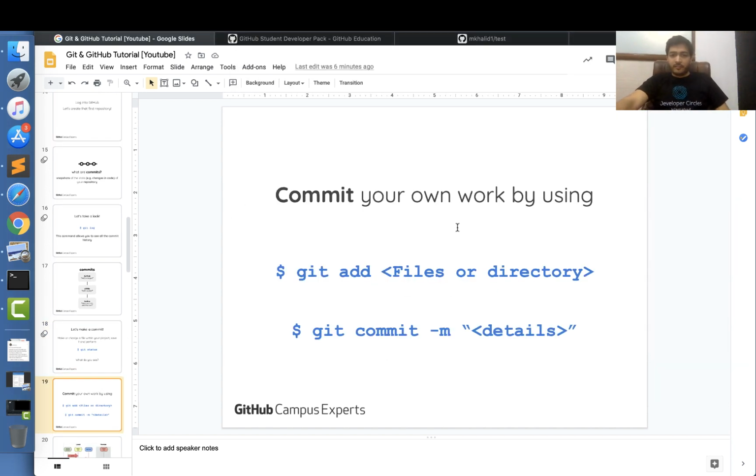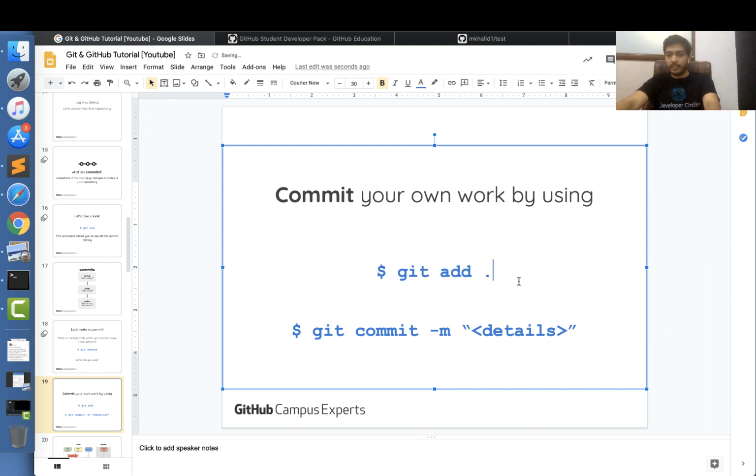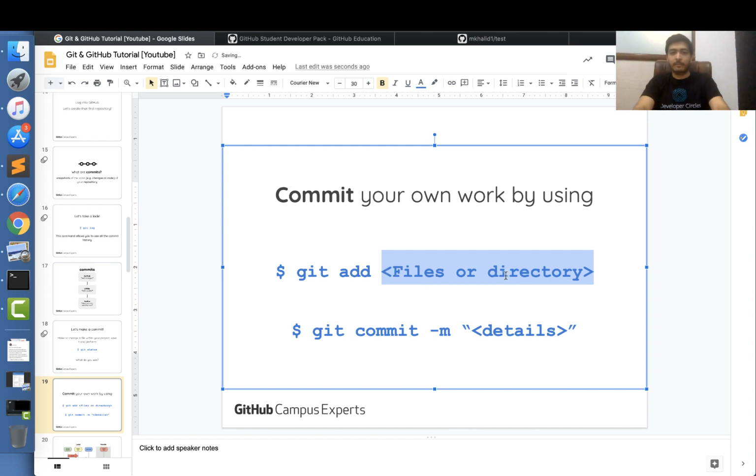So these are the commands that we used to commit our own work. We first used the git add command, where if we use a dot over here, it basically added all the files that are being modified to the staging area. But if we wanted to add a particular file, we could have just added the name of the file over here. And then we commit those files using this command, where over here we type in the message that we want to be displayed